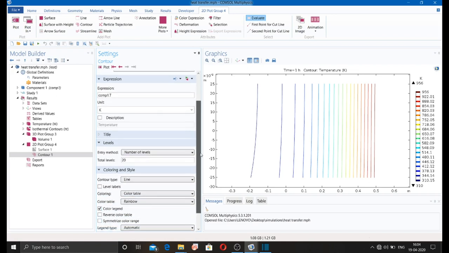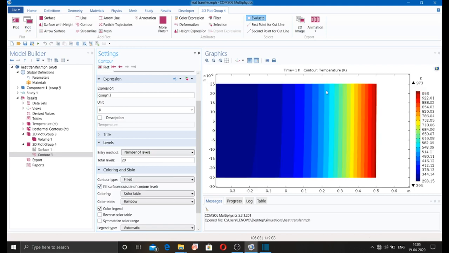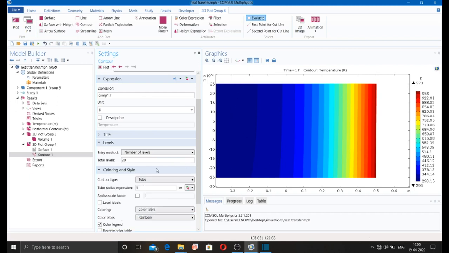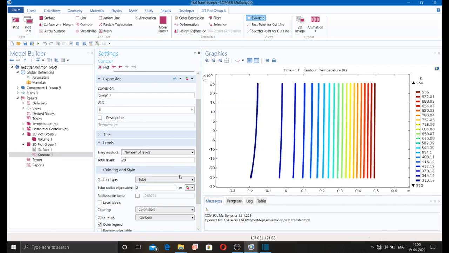I am just changing the number of variables or contour type. This is the field I am going to use, this is the field contour. If I use tube, then I have to use the tube radius. So here you can see the contour.